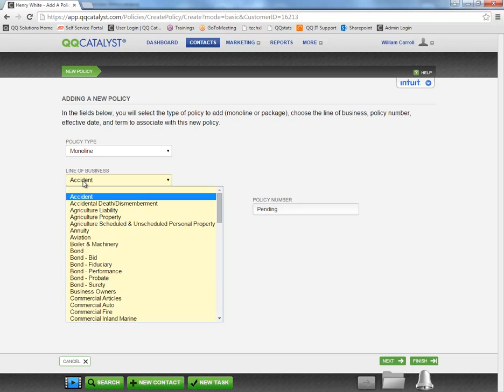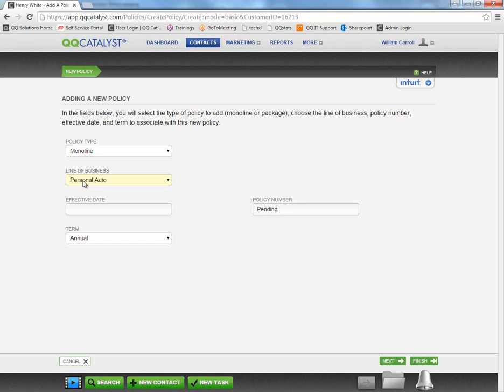Next, we can select the line of business. Next, we can enter the effective date and the policy number if we know them at this time. You can leave the policy number pending if you need to edit it at a later time. And we can select the term of this policy. How often is this expiring and renewing? Is it annual, semi-annual, quarterly, monthly, or variable if we need to specify an expiration date that doesn't fit into one of these categories. Let's say this is our semi-annual personal auto policy,